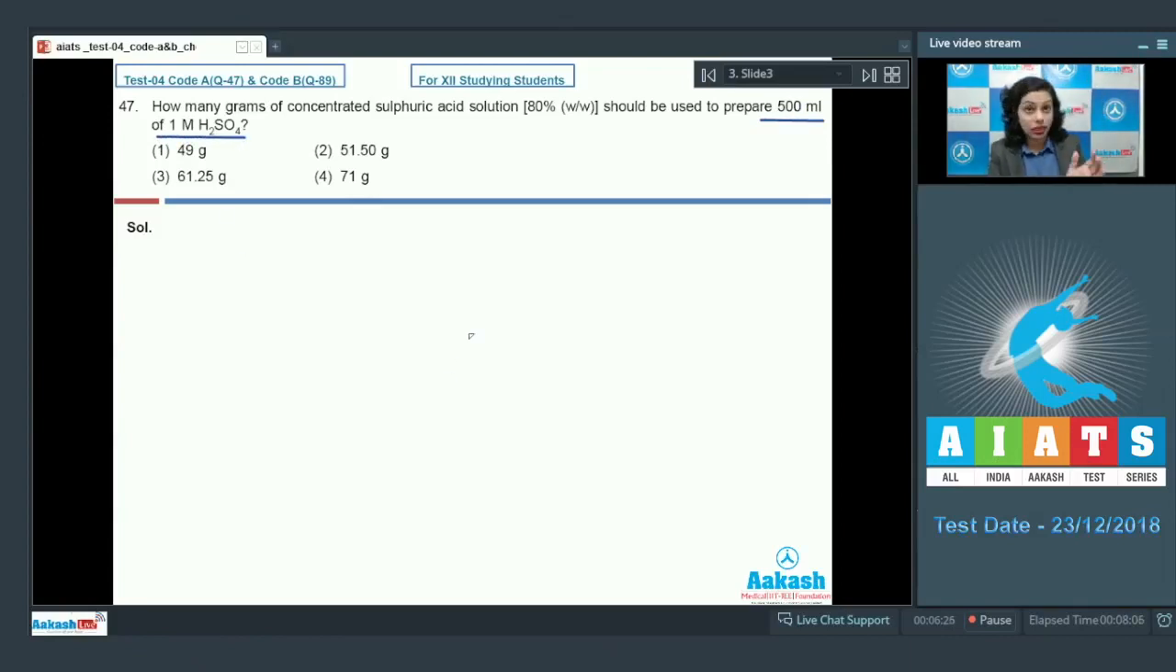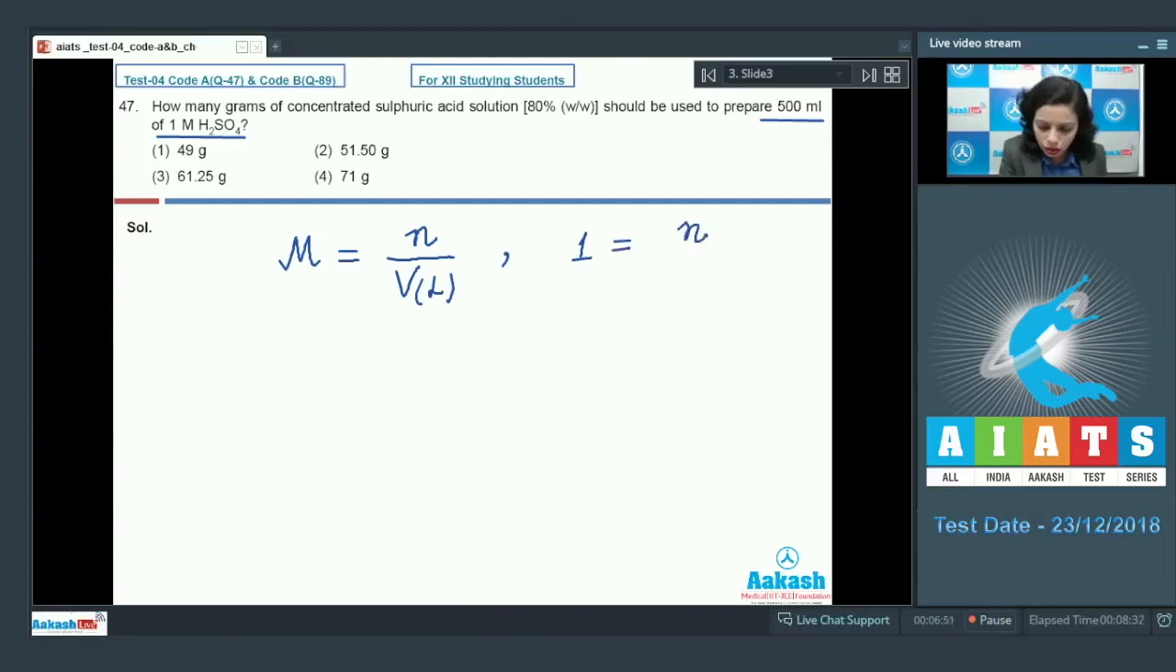The molarity is given, the concentration is given, the total volume is also given, but you need the mass of that sulfuric acid. Simply, we know that the molarity is equal to moles of solute divided by the volume of solution, that should be in liters. We have 1 molar concentration already. N is the number of moles divided by the volume, that should be in liters, but we have it in ml. So in this case the number of moles would be 0.5 moles